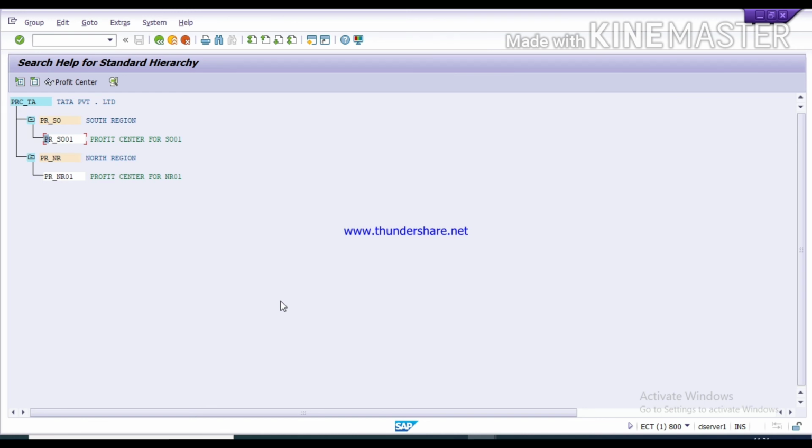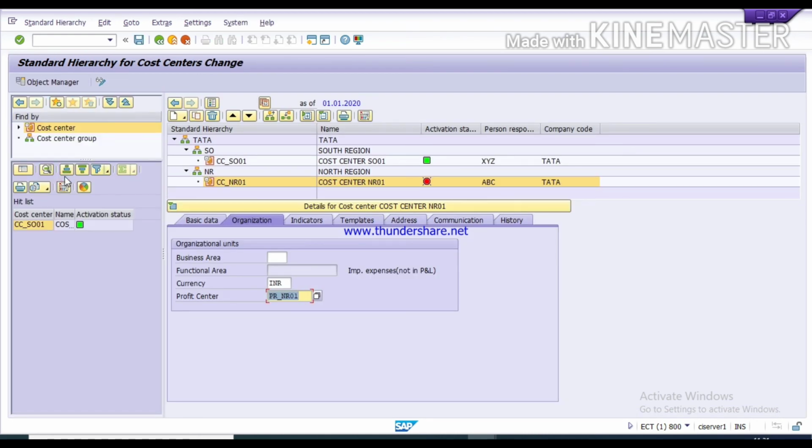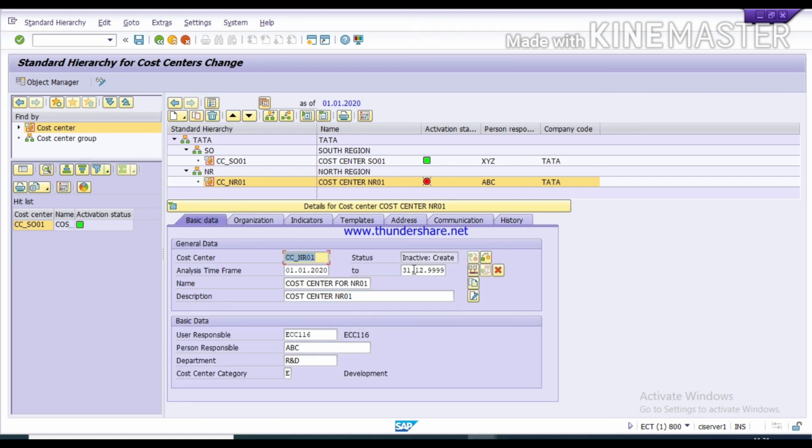This cost center we are creating for North region, so I am selecting this NR01 profit center, and you can see here in basic data it is in inactive mode. Just click on this save, so it will be in active mode. It will save your data and your cost center has been created now.